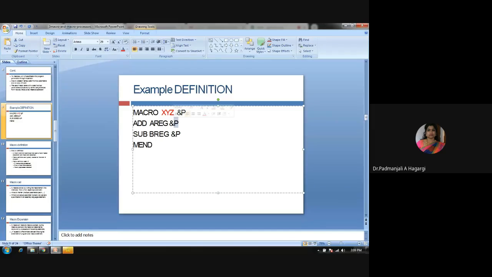And for such parameter passing we have three types, as I have told in the last class: positional parameters, keyword parameters, and default parameters. What they do, I have described for positional parameters. Say for example there are three positional parameters P, Q, R. For P, Q, R you want to give the values A, B, C.